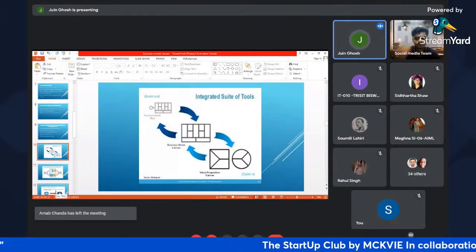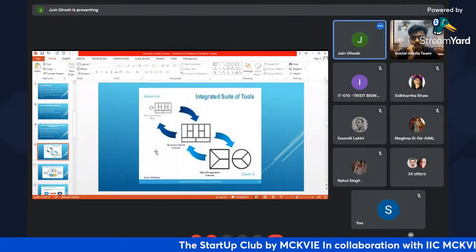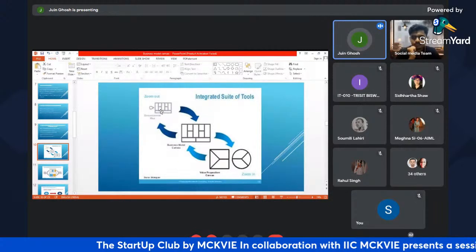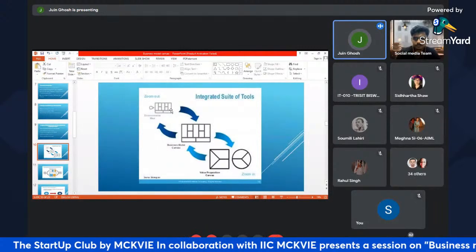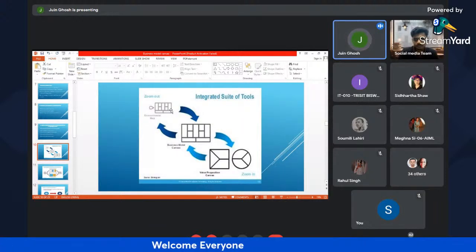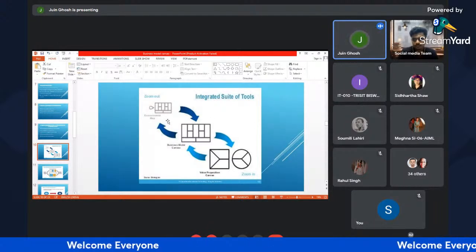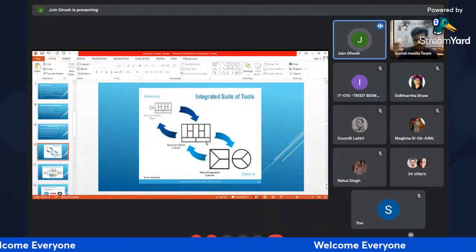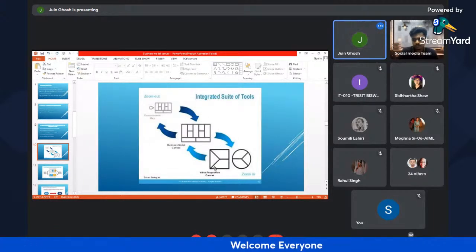Now, this is an integrated suite of tools. That is, you have the environmental map. When we talk about the environmental map, it actually means both the internal and the external environment of the organization. That is, the overall infrastructure of the organization, right? And based on the available infrastructure, you need to frame the business model canvas, where you need to focus on